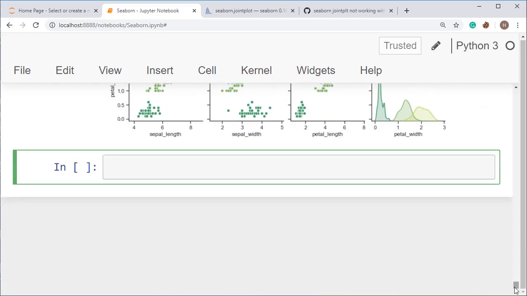Now I am going to show you how to plot categorical data. Categorical scatter plots first. There is a function called a strip plot. It is used when one of the variables under study is categorical.